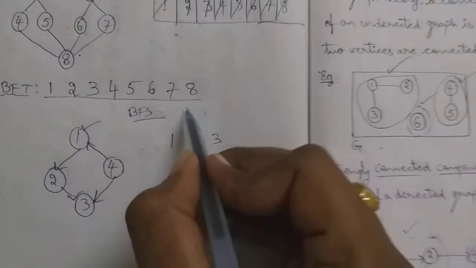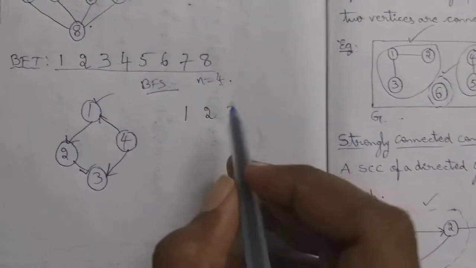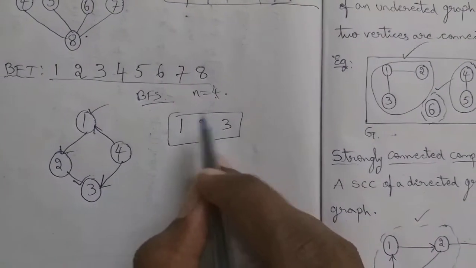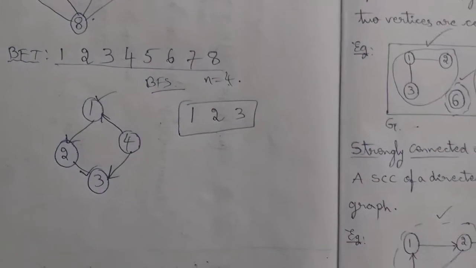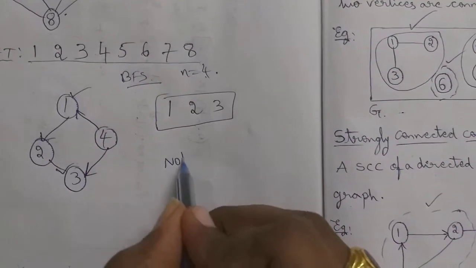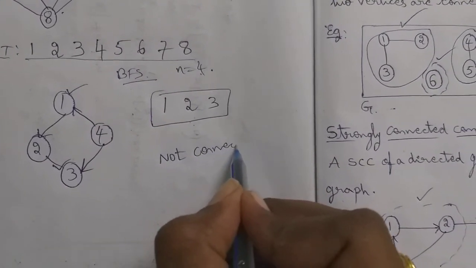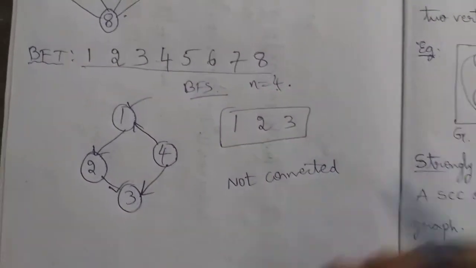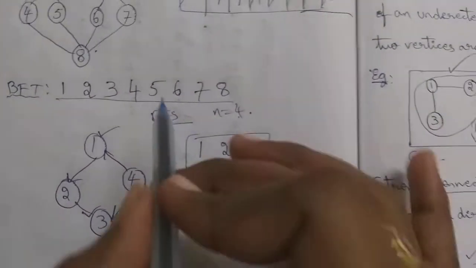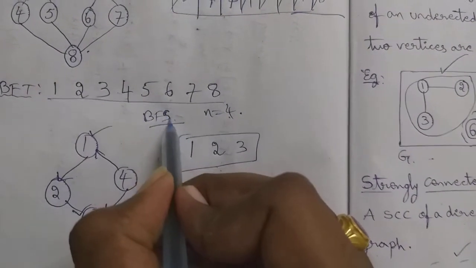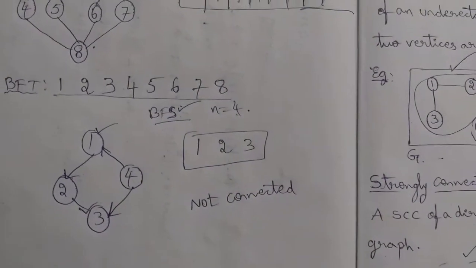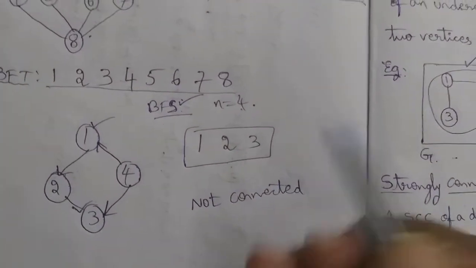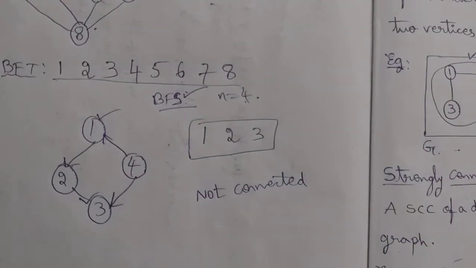That's all. We have 4 vertices, but we were able to visit only 3 vertices. Therefore we can say the graph is not a connected graph. Using BFS we can say that the graph is not connected. And also for any given graph, if it requires more than one BFS call, then for each and every BFS call we will find one connected component.